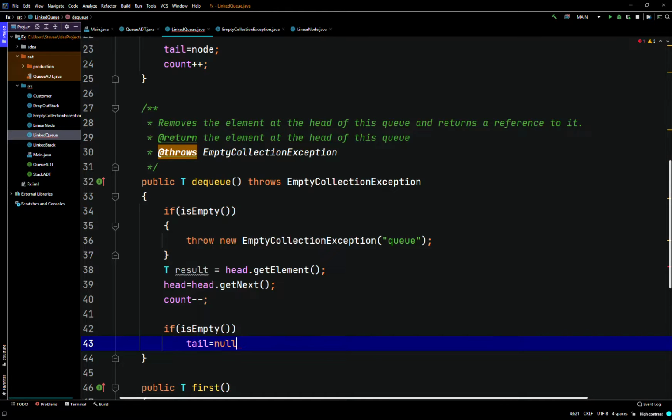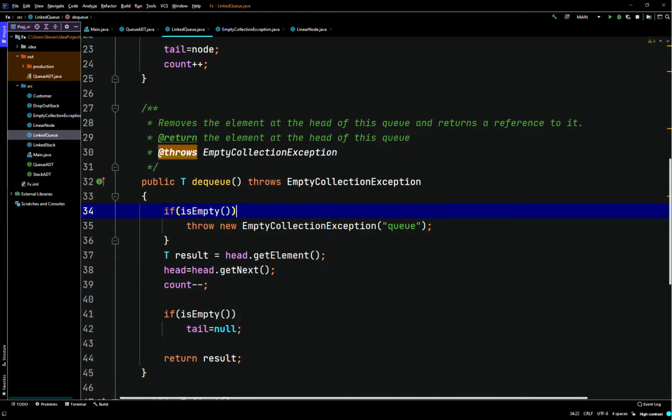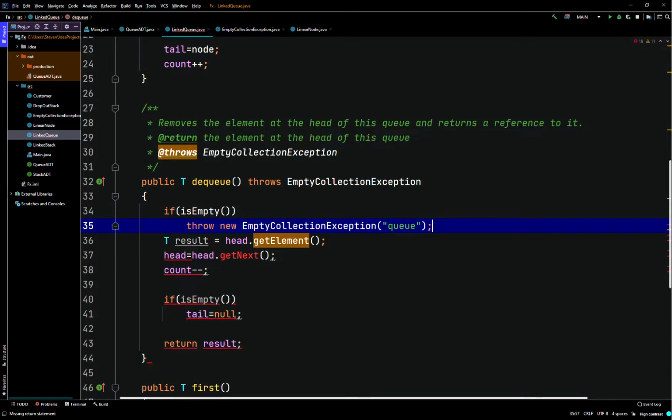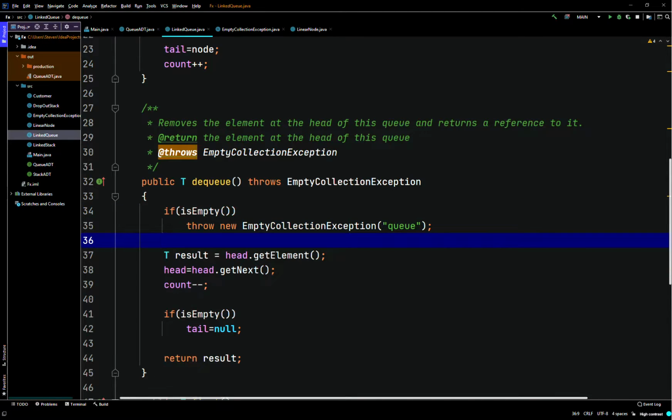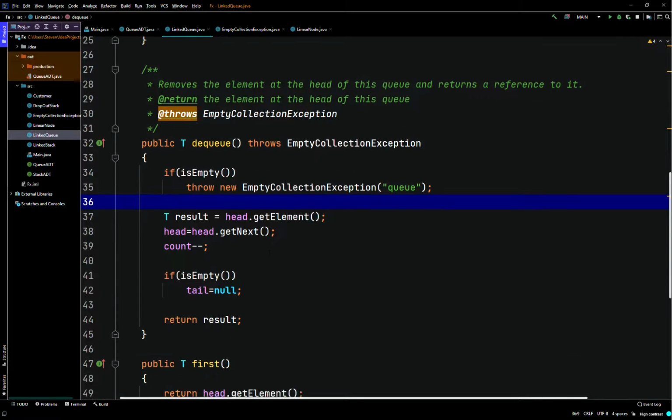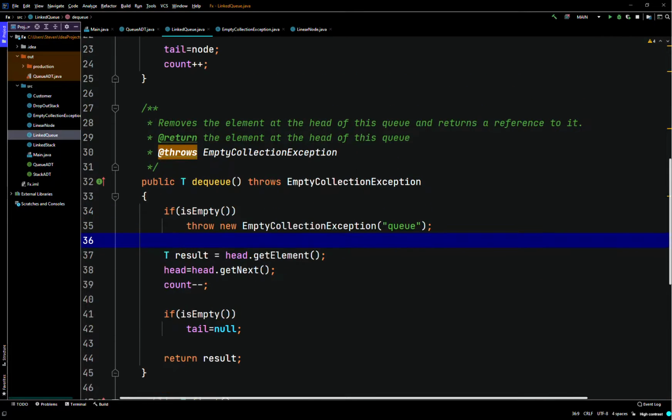No. So that will get skipped, and then we'll just return result. Okay, but if there's one element in the queue and we delete it right here,